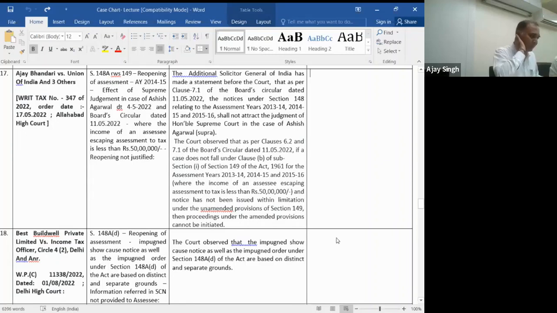So to that extent, in this decision, the court has said that no, once you have taken some new point which was not put forth before the SSC, then you cannot do that, and they quashed that order under 148D and sent the matter back to the assessing officer to redecide afresh. Okay, the next decision